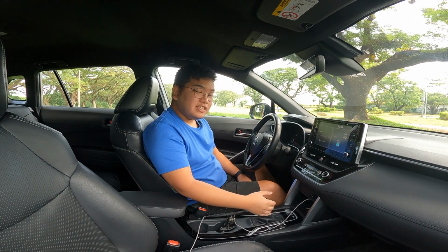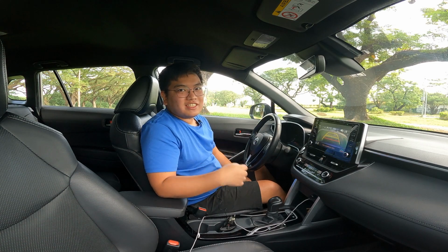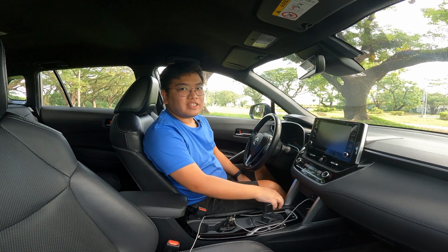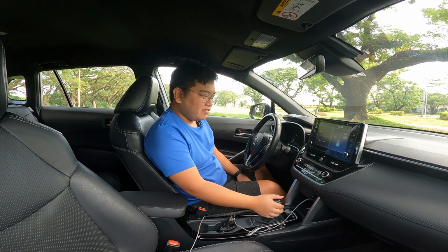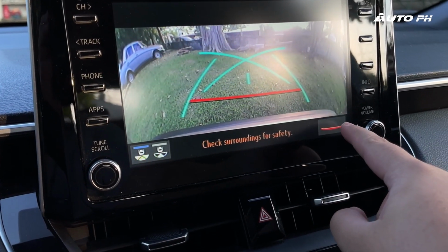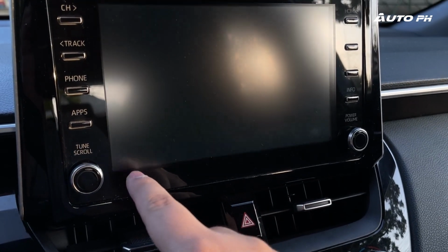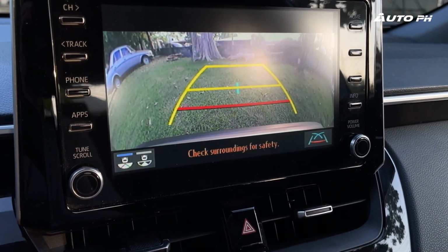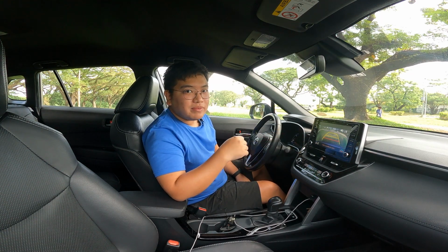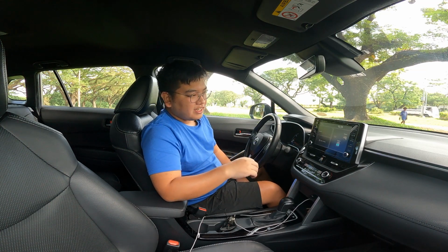easy, of course, and it feels really good as well. And if you go into reverse, you kind of hear that sound, which is kind of annoying, honestly, but we do have parking sensors both front and back. And also in reverse, of course, we have our reverse camera over here, and we do have some settings with it. So we have our guidance lines, you can choose what kind we want, and then we also have our wide angle and narrower view. So it's something that you'd see in a Honda. Quality is not the best, but this will do, especially considering that the Corolla Cross is kind of getting old